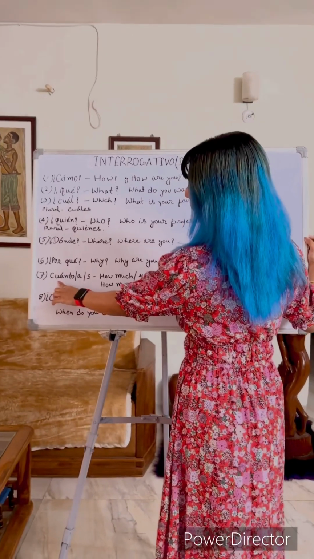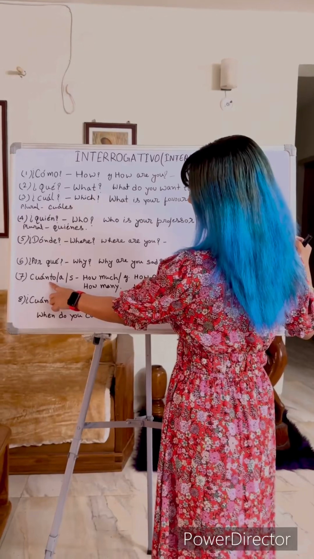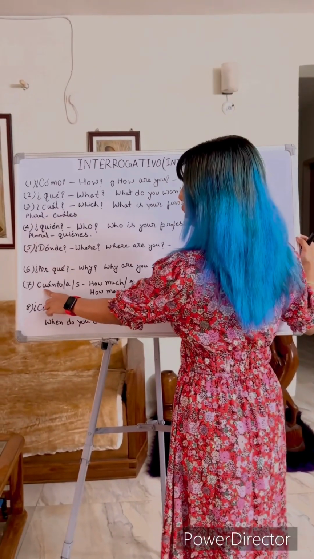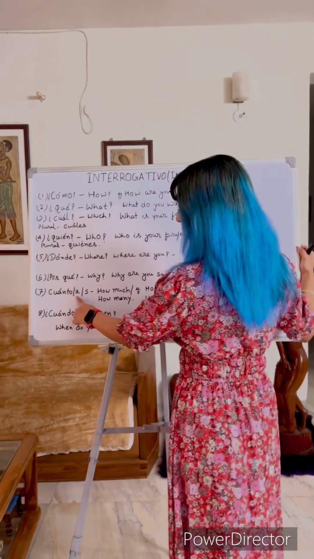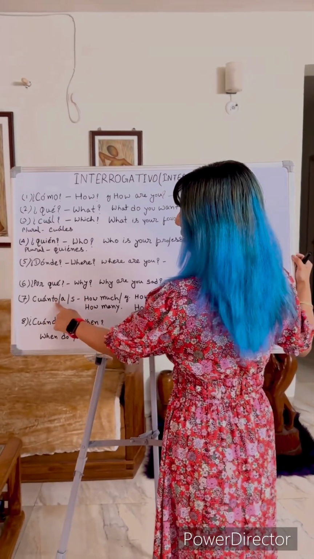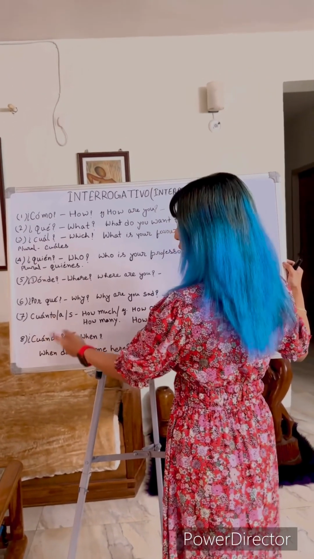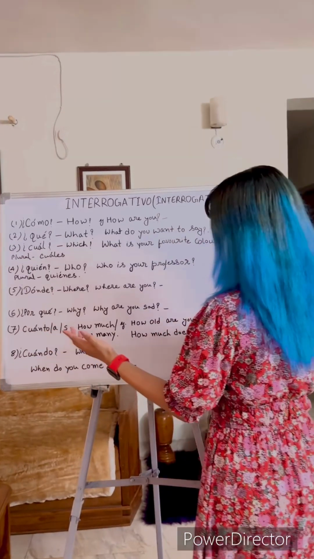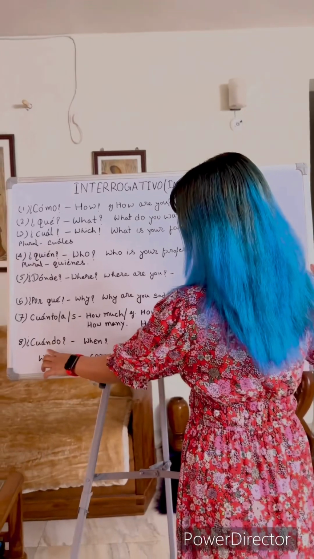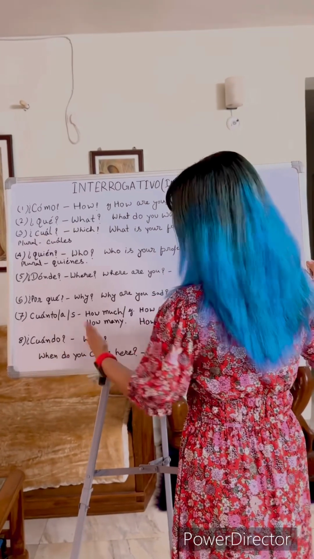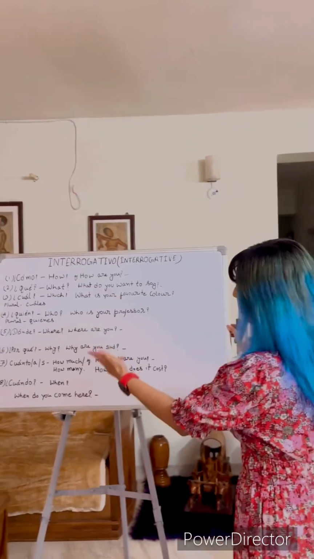And the next one is cuánto. Cuánto means how much, how many, but in the case of cuánto, you are supposed to change it for a feminine noun to cuánta, and to make it plural, it's ending in a vowel, so you will add just s, so cuántos for masculine, cuántas for feminine. Now the next one is cuándo. Cuándo means when, with an accent on the A. In cuánto as well, we'll put an accent on the A.